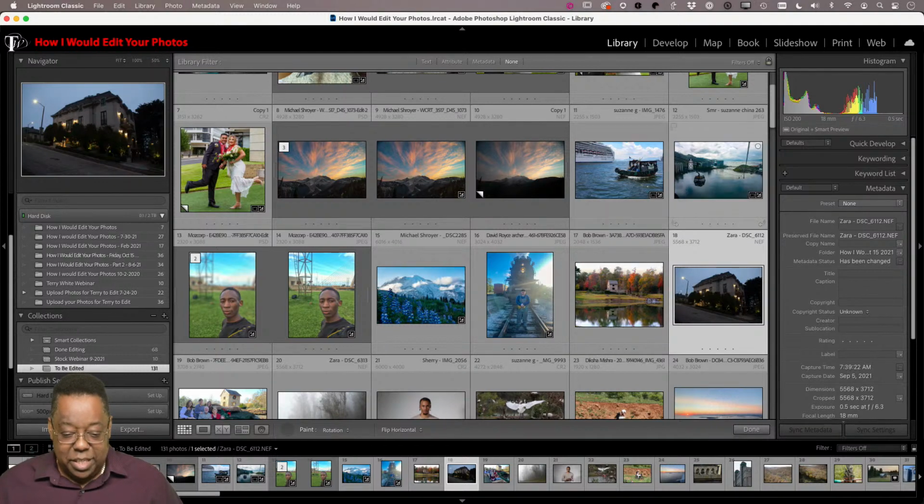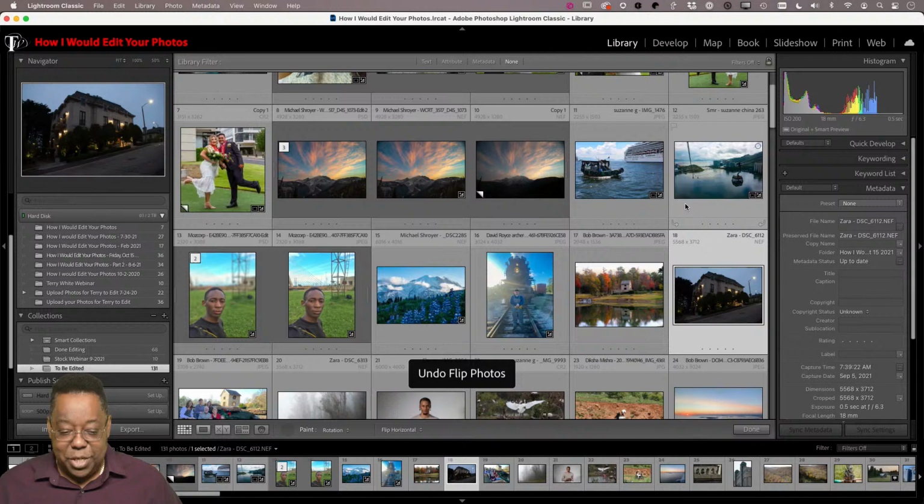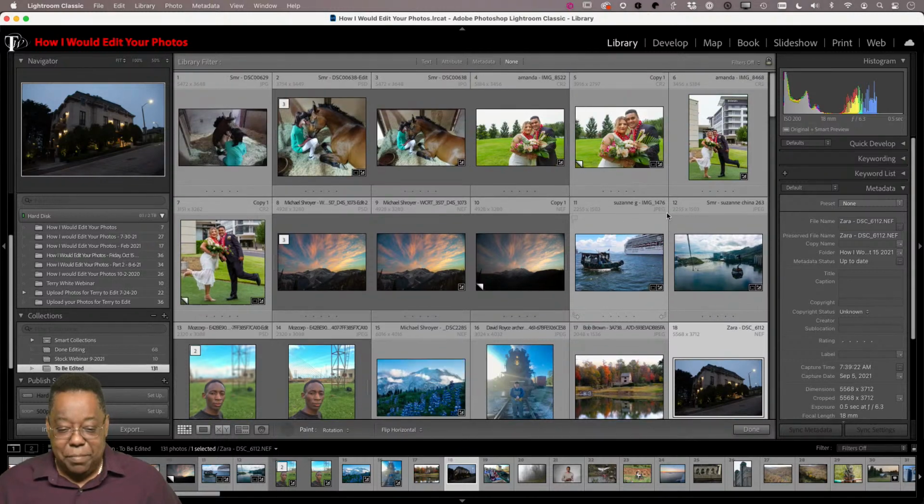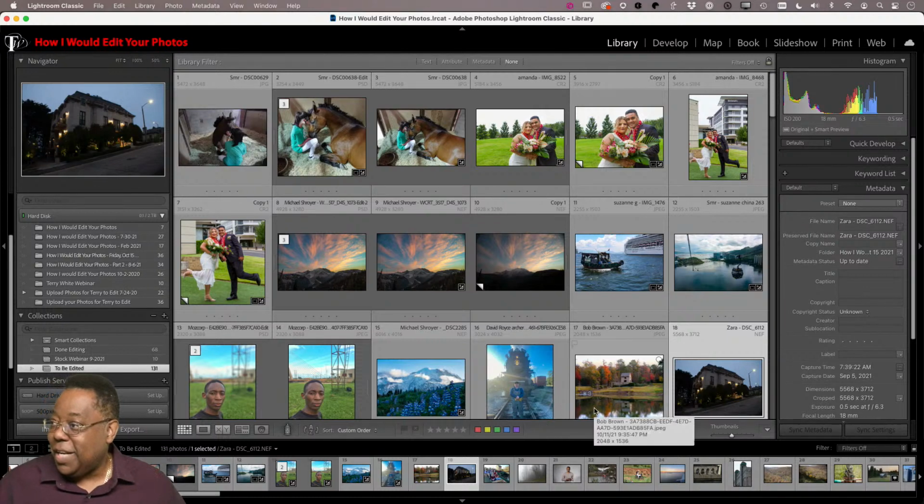All right, so again, all of this is undoable, so I can undo all those flips back to the way it was. But that's just a quick thing about the tool panel, and once you're done with the spray or paint can, just put it back where you got it. All right,